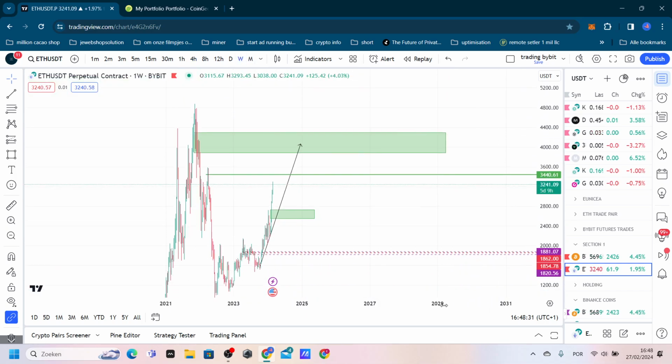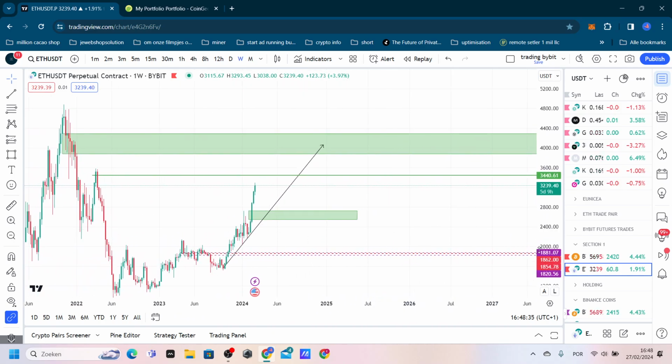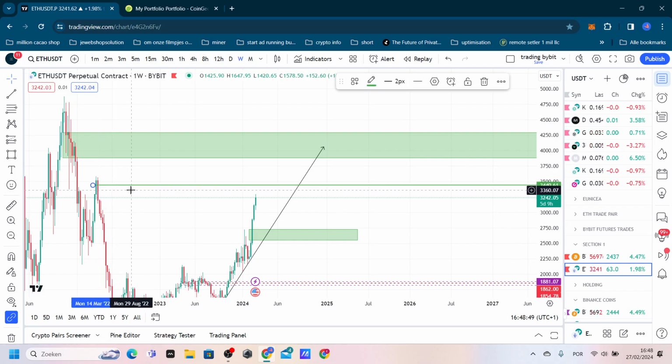Weekly on Ethereum, let's take a look. Doing exactly like I said previous week. I would have loved to see an entry in this part, but it did not happen. It does beautifully, like I said. It's going to take up these highs, so this was my exit point that we preset. This will definitely hit